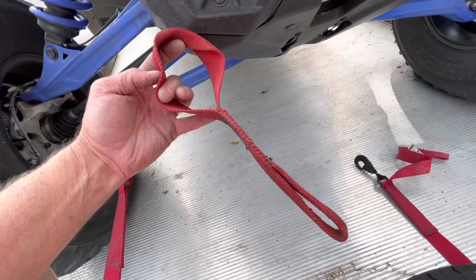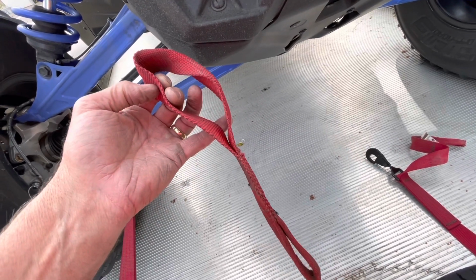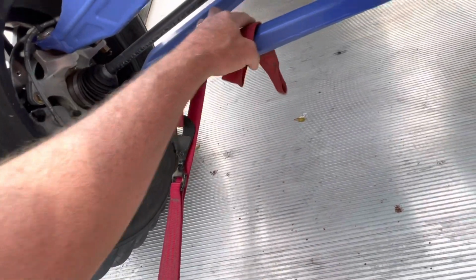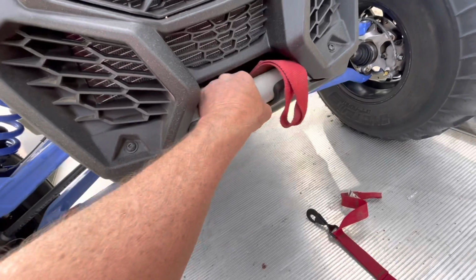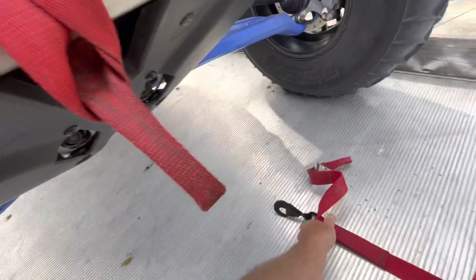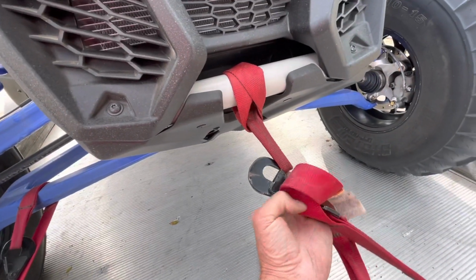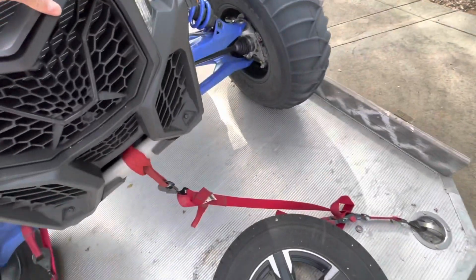So if you don't have SpeedStraps, you can still get these to loop around suspension components. This is a soft tie from SpeedStrap, and you can put these around an arm and loop them back to themselves. This is actually another spot where people tie their vehicles down, and you really need a soft tie to do it. So you just pull these through, and then your hook can just be put through this loop, and you're all set. So this spot here can be used as a tie down location,